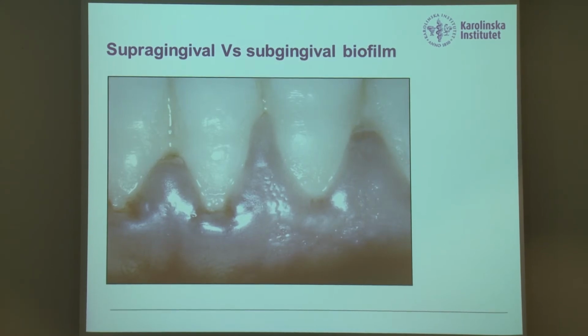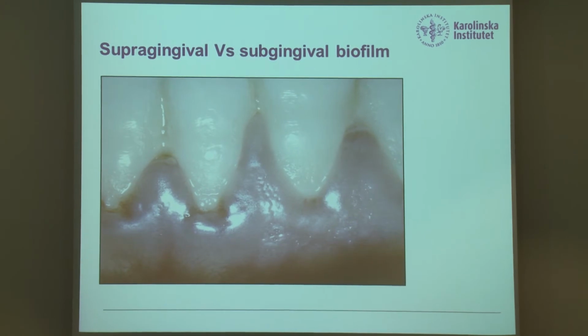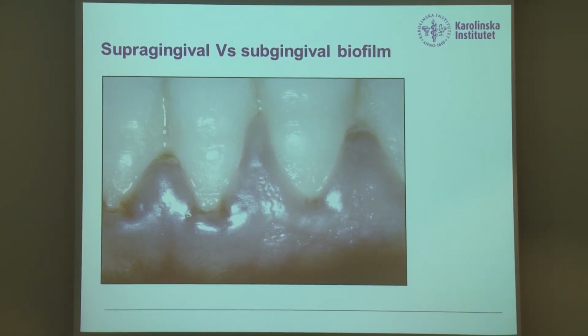When it comes to biofilms forming on the tooth surface, we have two main types: the supragingival and the subgingival biofilms. Supragingival biofilms are biofilms that are formed above the gingival margin, and subgingival biofilms are formed within or below the gingival margin. And they have different ecological conditions or different characteristics also. You can't really see clearly the subgingival biofilm, but it has grown in this space between the tooth and the gingiva, and as a result, the gingiva respond by producing inflammation, which you can see the initiation of here.